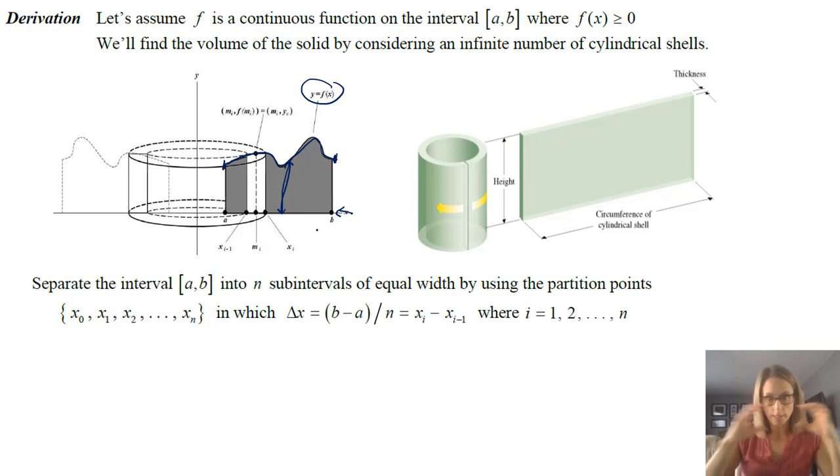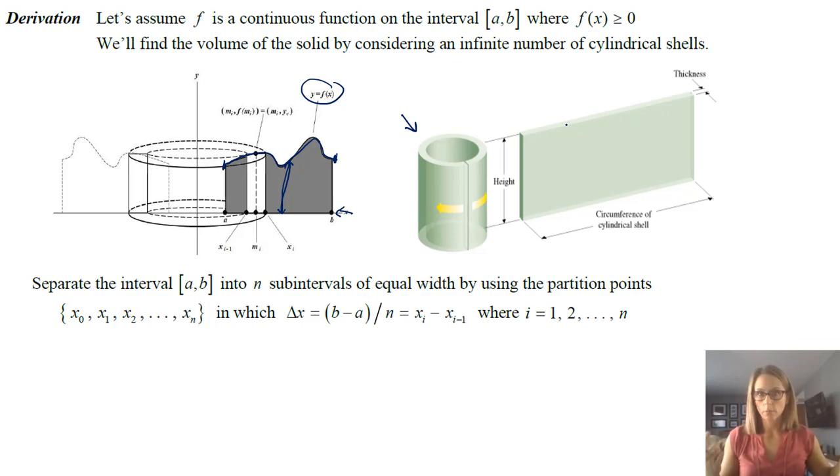So that is a cylinder, and of course it has some sort of depth to it, which is your dx or your dy, depending on what your orientation is. So notice we have a slice of it, which is what you see here. So there's one cylindrical shell, and the key thing to see is if we open that up, we have a rectangle, and that's really the key thing to see.